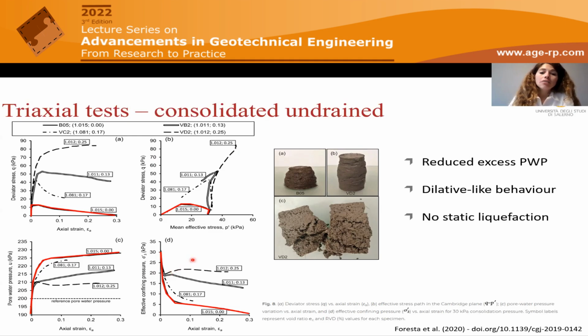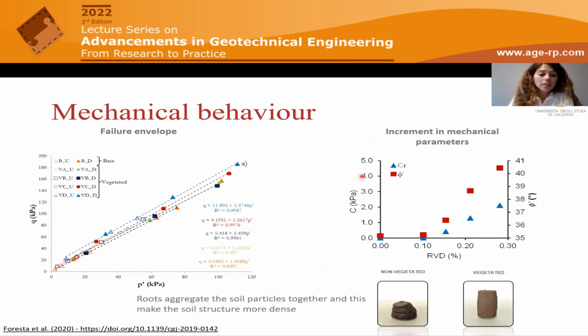So these final shapes of the specimens also are significantly different. Even if they both experience a diffuse failure deformation mode without the formation of a defined failure plane, the bare one liquefied while the vegetated specimen did not, because of the light root network created within the porous space. If we look at the failure envelopes, and we compare the bare specimen, which is the one with the orange triangles,